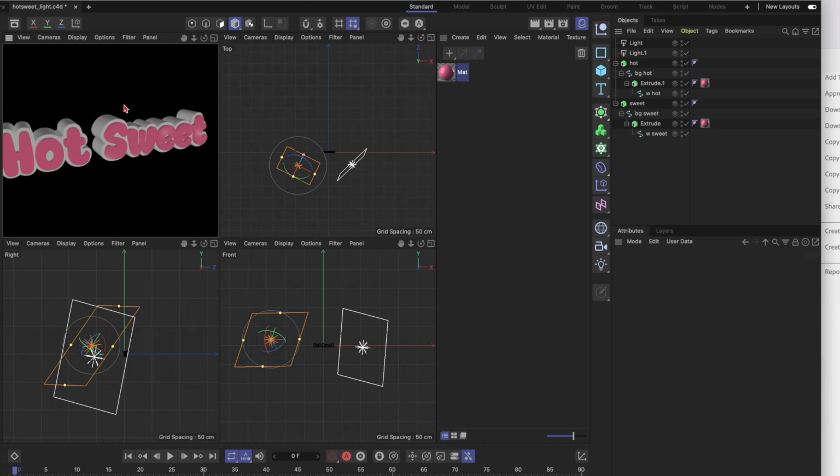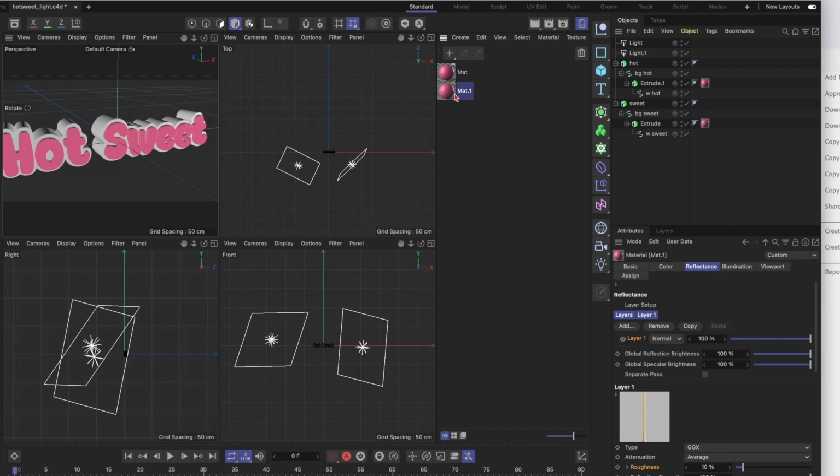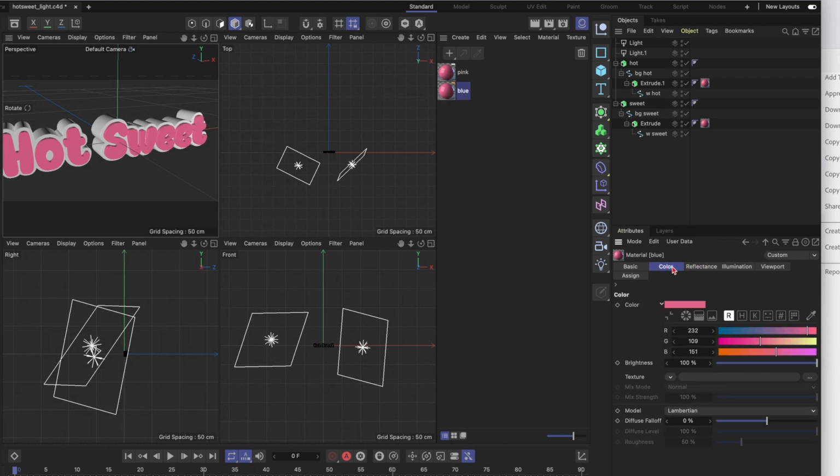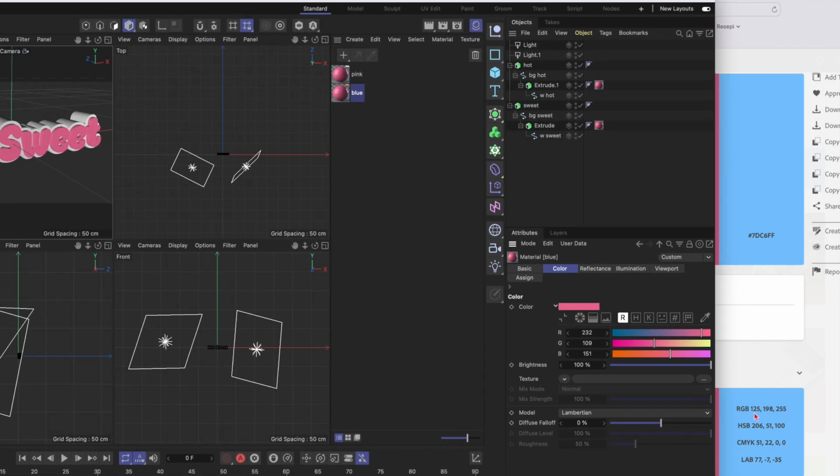Right, so now let's do the second one, which is the background color. Again, you can press control on your keyboard, click on this material, and then release, and you have the second one. So let's say you can name this as pink and this one as blue. Right, so for the blue color, you go to the color, and then you can change it to this color,